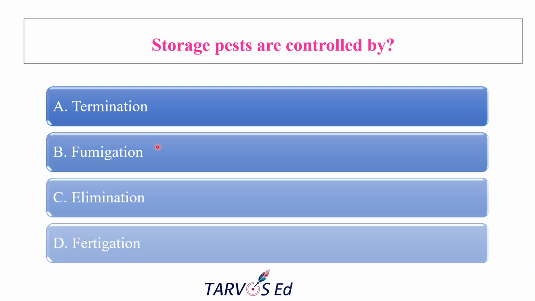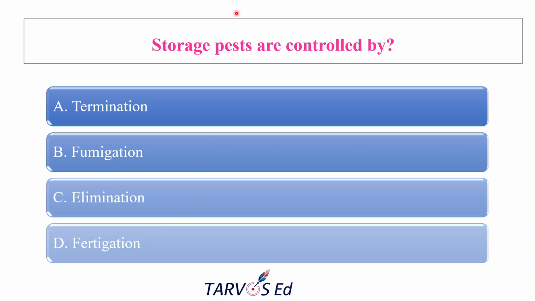Fumigation is a process of applying toxic gas or vapor to kill something, right? Elimination means the complete removal of some pest from the area. Fertigation, as the name itself suggests, we can easily think about fertilizers, right? So application of fertilizers dissolved in the irrigation water, which can be given through drip or sprinkler